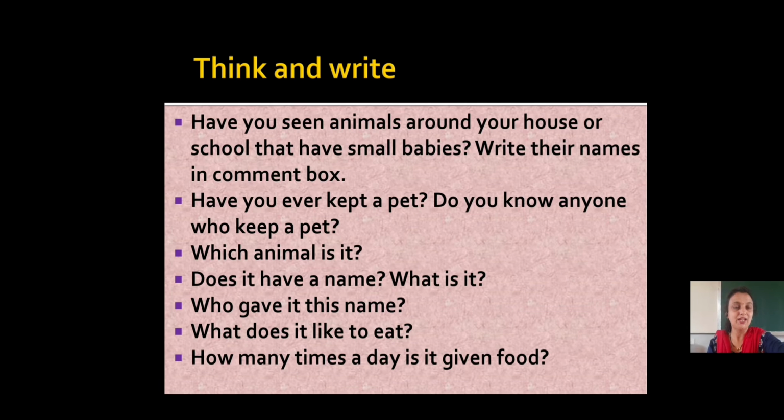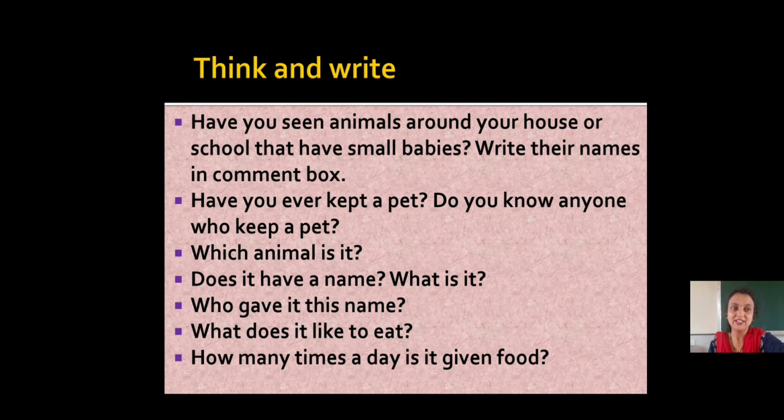While coming to school, have you seen any animals who is having a small baby or some animals who stays near your house? Now, if I ask you one question here, have you seen squirrels? We can see squirrels on the trees, right? So can you tell what is the body pattern of the squirrel? Does it have hairs on the body or it doesn't have? Or squirrel have hairs or ears?